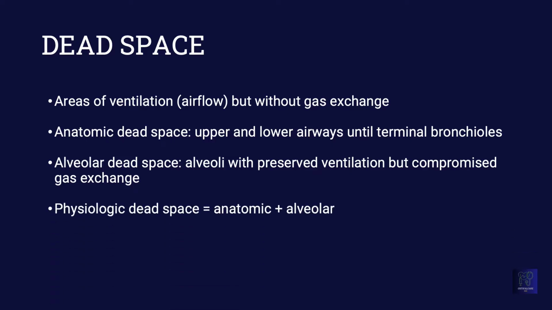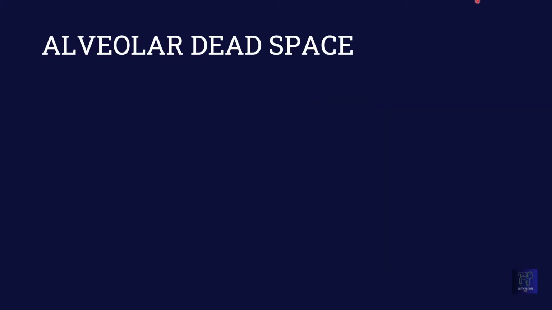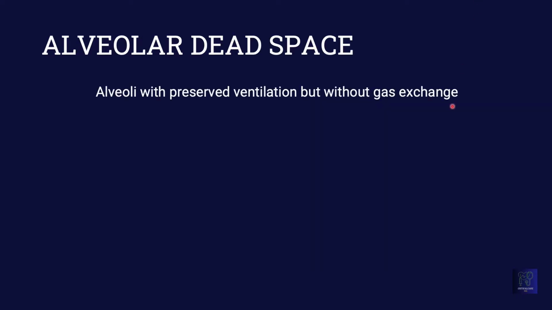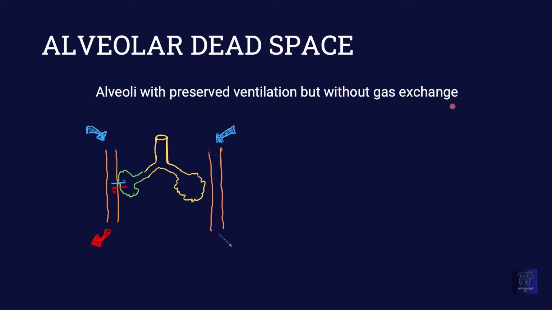Physiologic dead space is basically a combination of alveolar and anatomic dead space. Let's understand alveolar dead space. Consider this example. We have two alveoli, and these structures here represent the pulmonary vasculature. Deoxygenated blood, which will always be depicted in blue in my talks, is going to flow through the pulmonary arteries,